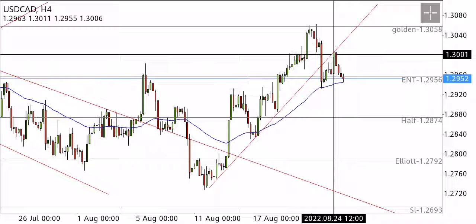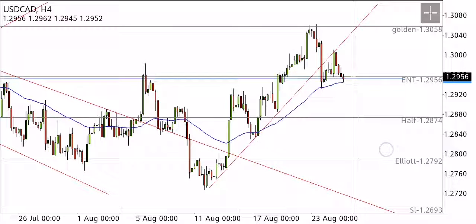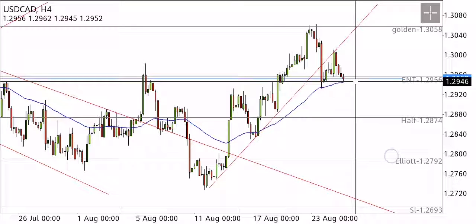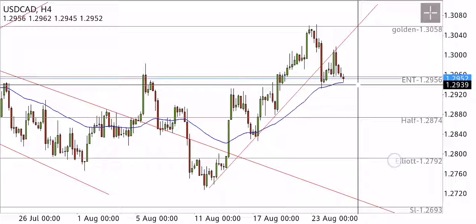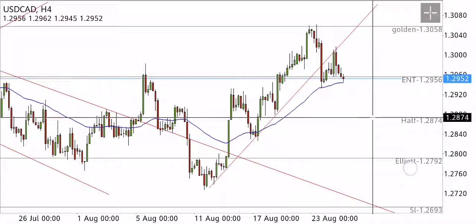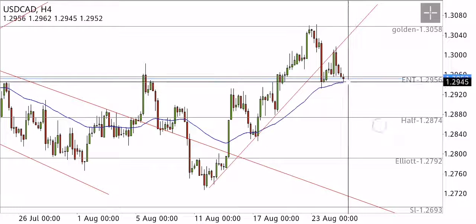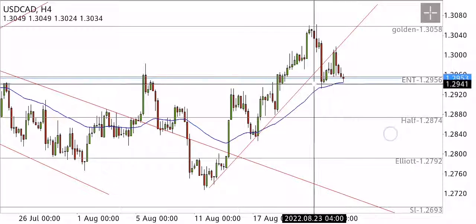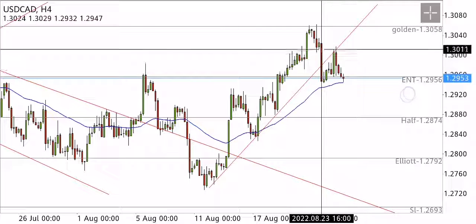According to my point of view, if any H4 candle closes below this EMA 50 at the 1.2940 level, then you will take the sell entry up to 1.2870 as the first target, because it is clearly looking like it will go in the bearish direction, because the market is